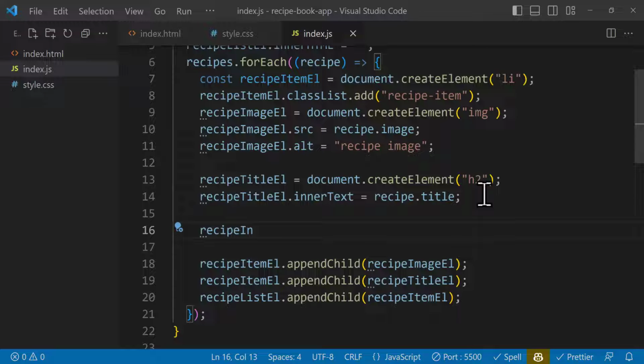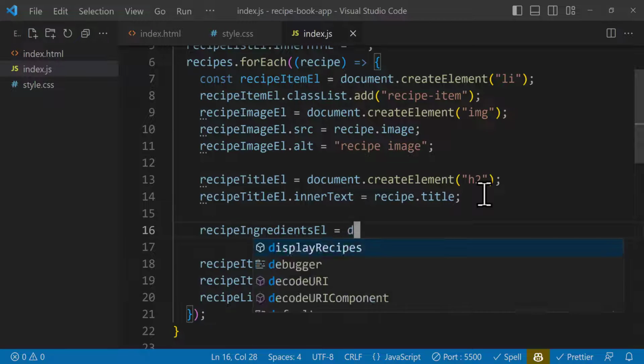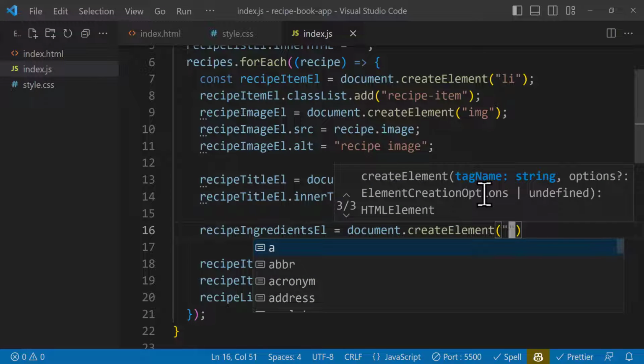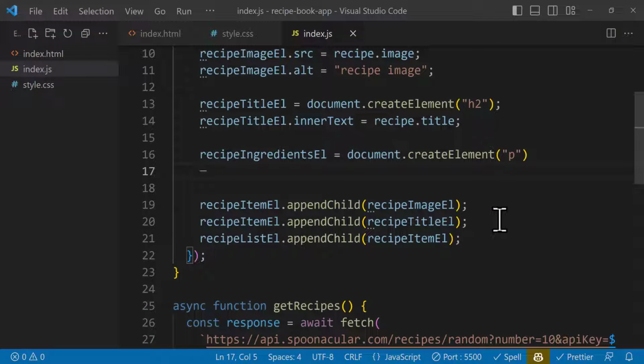It's a bit different, because ingredients, it's not one, it's an array of ingredients. So we need to map through the ingredients and then connect them together. So we just say ingredients element, because it's plural. And this is going to be equal to document.createElement. And the element we want to create is a paragraph. Now we want to change its inner HTML. So we just say recipe ingredients el dot innerHTML is going to be equal to,